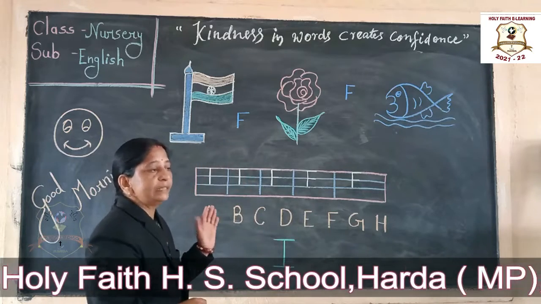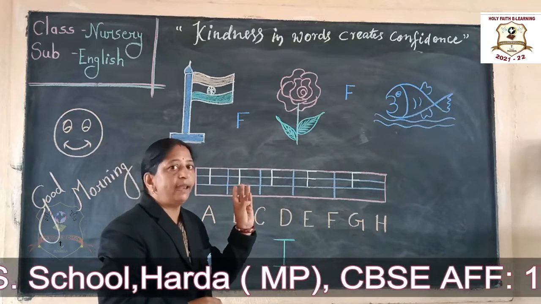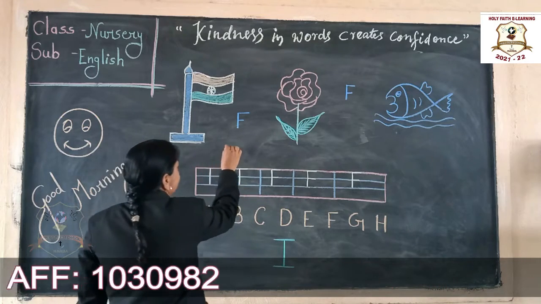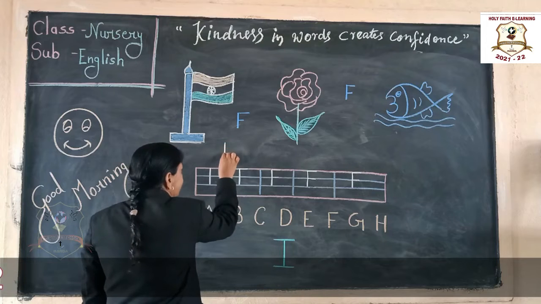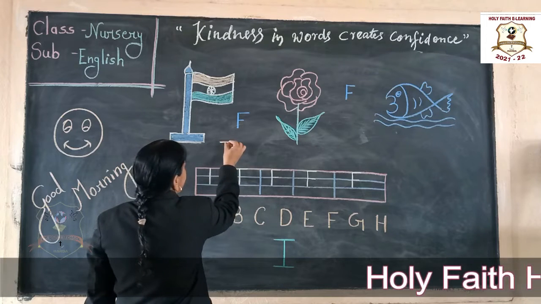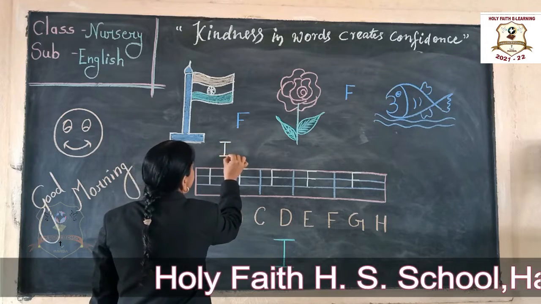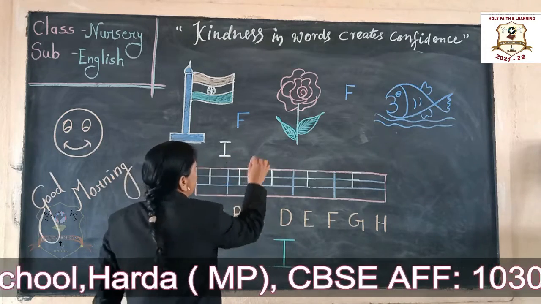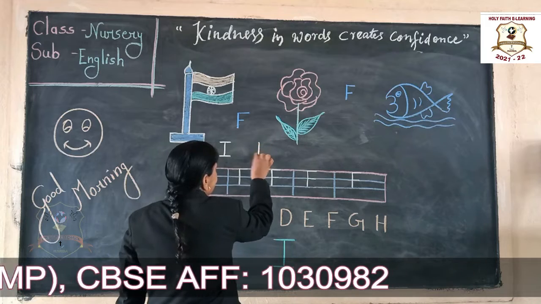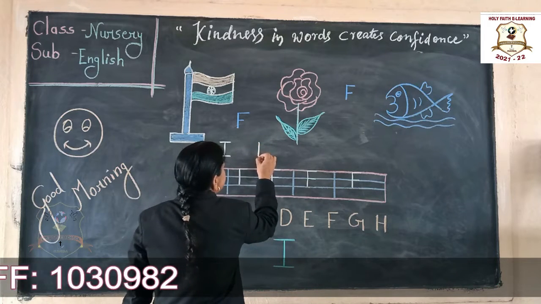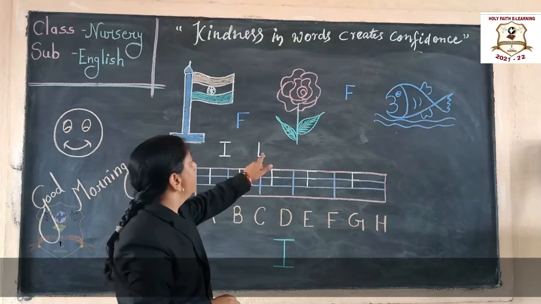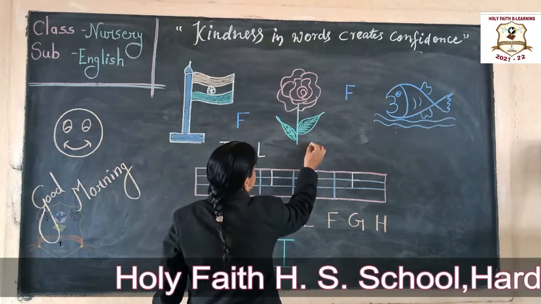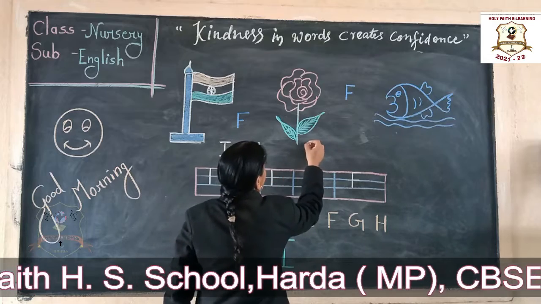हमने previous class में I, L, T 3 letters देखे हैं. See once again. I हम कैसे लिखेंगे? Standing line, one sleeping line, one more sleeping line. This is I. Okay. Now L, standing line, then one sleeping line. This is L. Which letter is this? L. Then T, standing line, and one sleeping